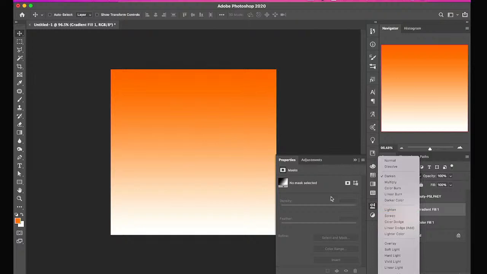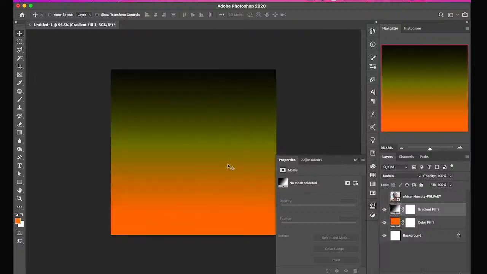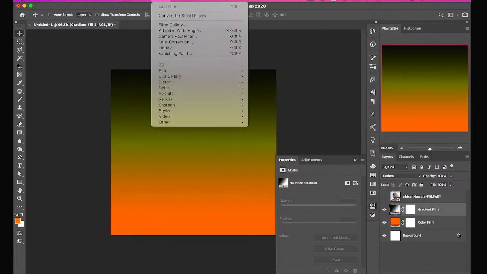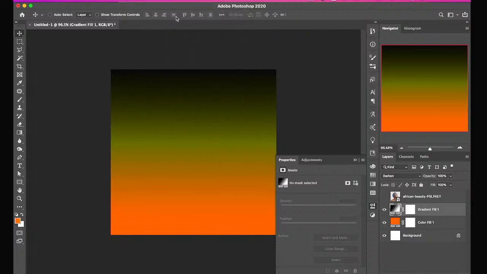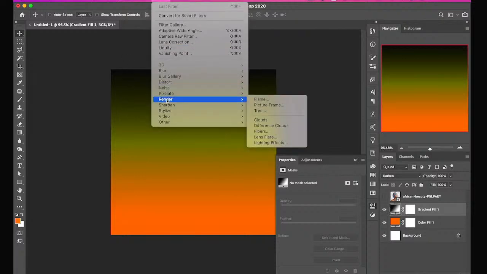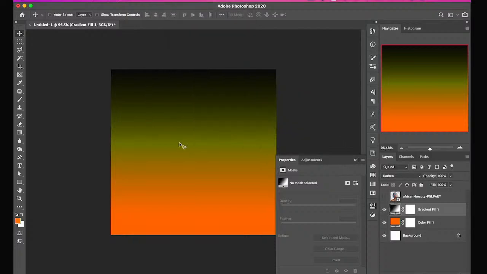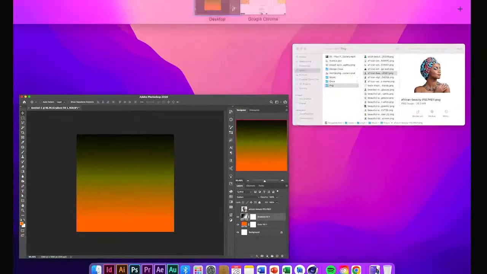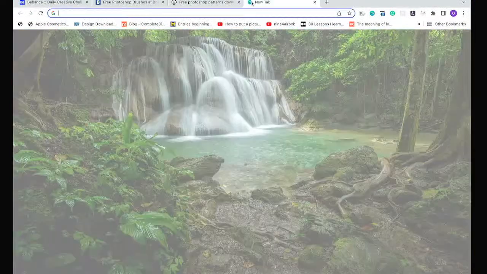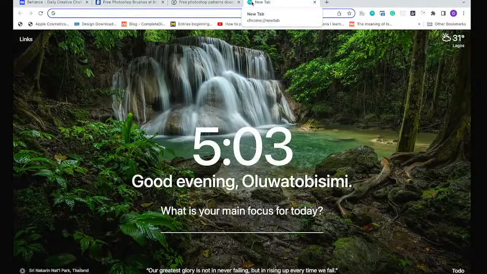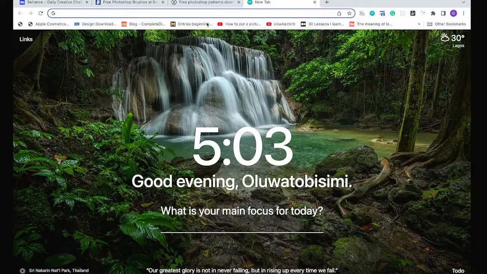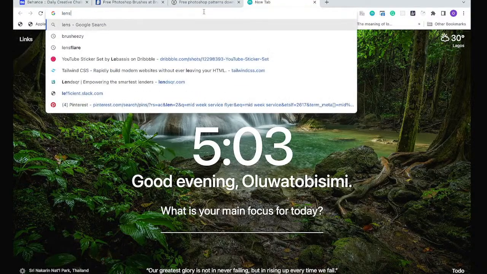I really don't know if you've seen posters when they use lens flare and all. You can easily do lens flare in Photoshop. I think it's under Render also. But I'm an advocate of something. It's not like you don't know how to do it, but instead of wasting your time on things that have been created already, why not just